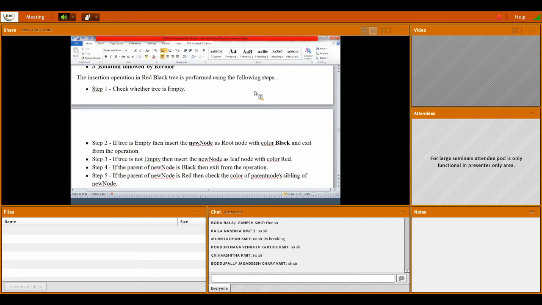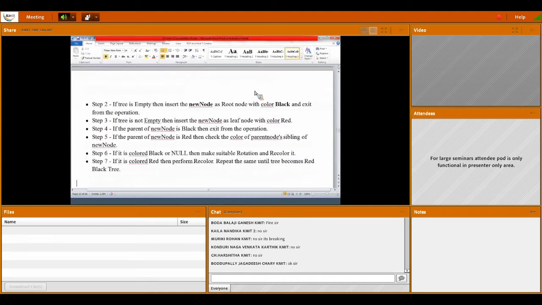If the tree is empty, then insert the new node as a root node, because it is empty. So the new node should be a root node with color black, and exit from the operation. I already told you that whenever you are going to insert a new one, it should be color red.